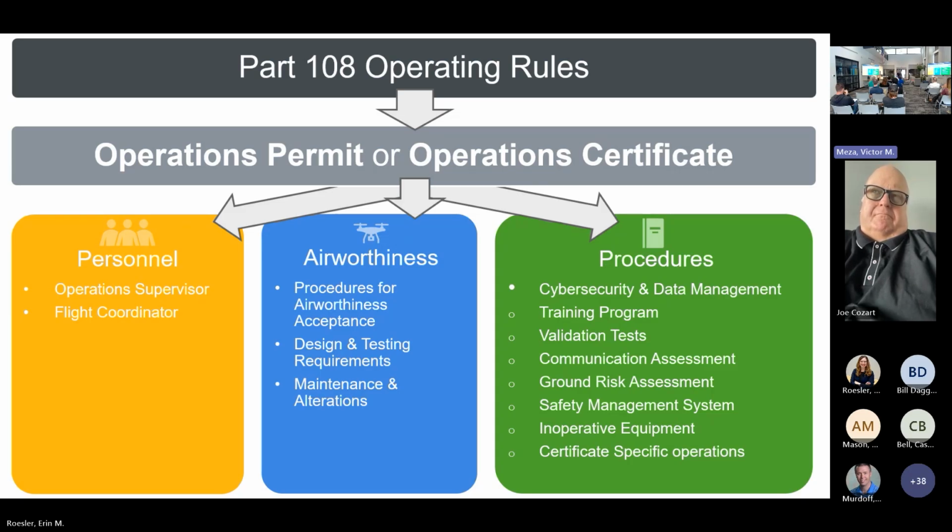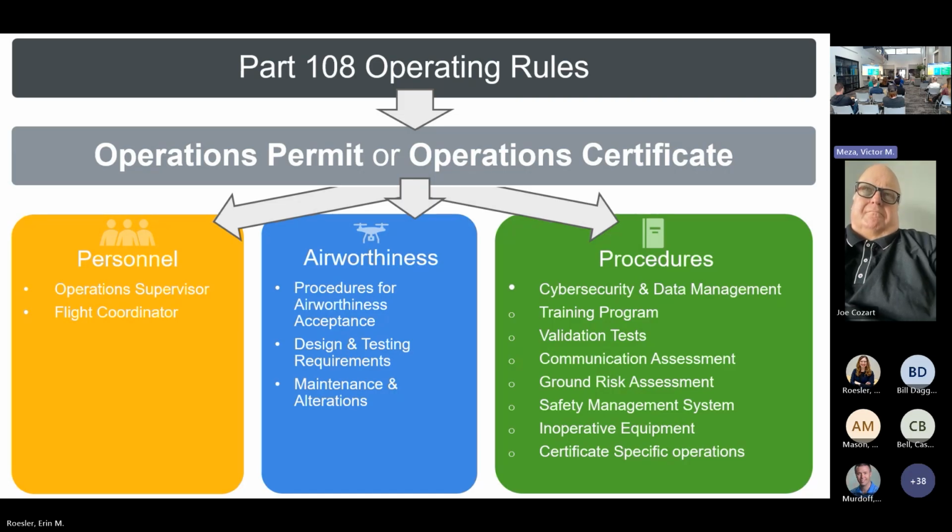You pick which rules of the air you want to fly by. But Part 108 does introduce new rules of the air. In order to fly under those rules of the air, though, I have to have, as an operator, an operating permit or certificate. That changes from what we expected to see in the rule. So rewind a year ago, the best guess, based upon the BVLOS ARC recommendations, we were anticipating to see a new rating on your remote pilot license.